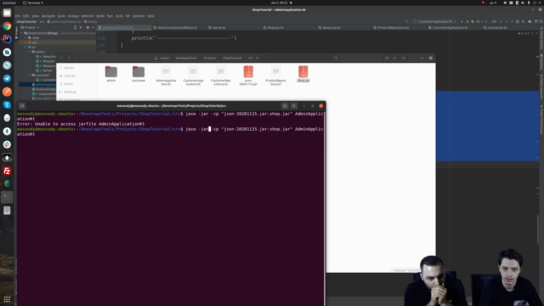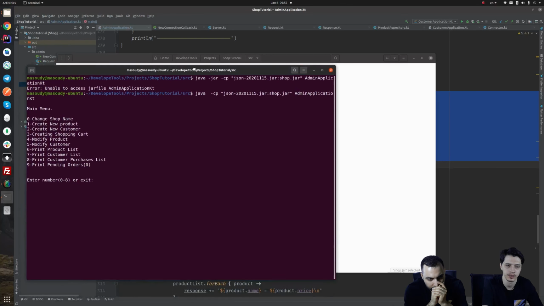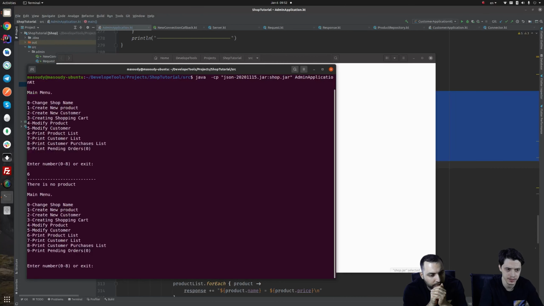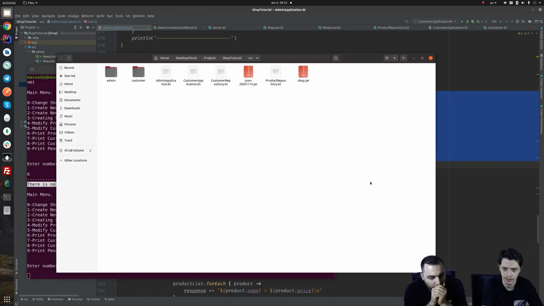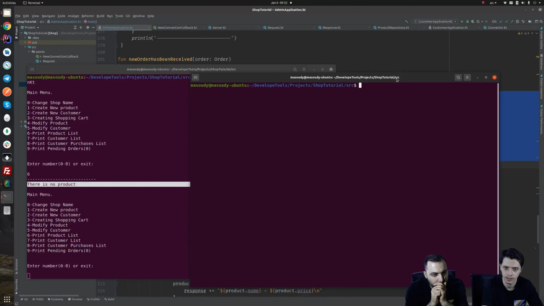-cp. Let's get rid of this jar. Okay, now it's running. Now this is the admin here. If we say, for example, print product list is number 6, nothing is there. There is no product. Let's run it again in another terminal. This time, custom. I want to run it as